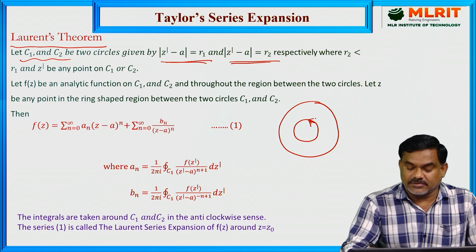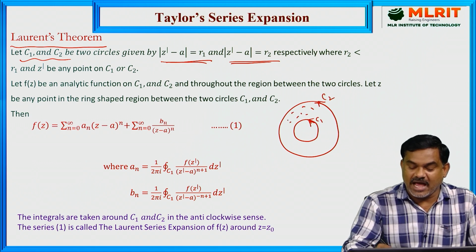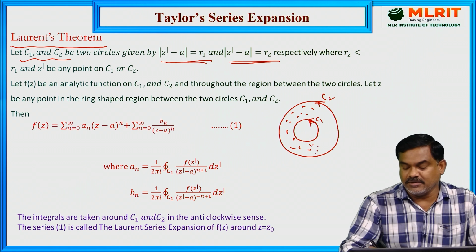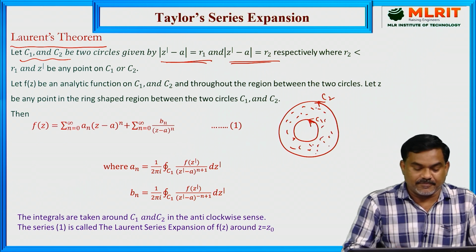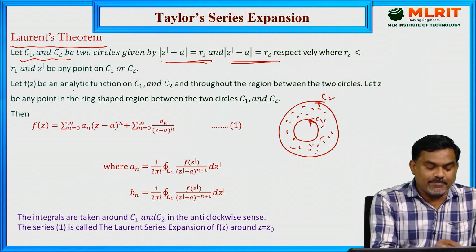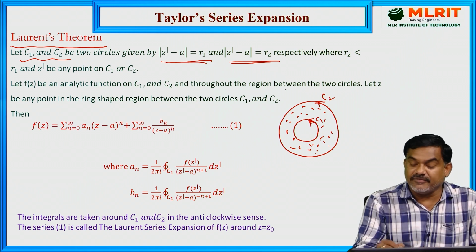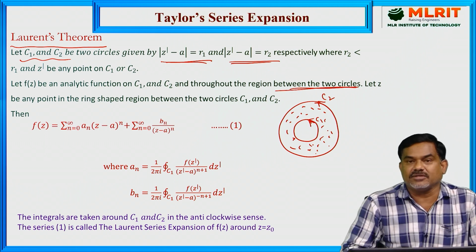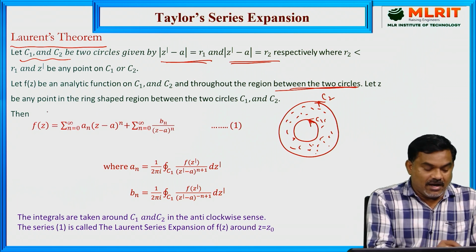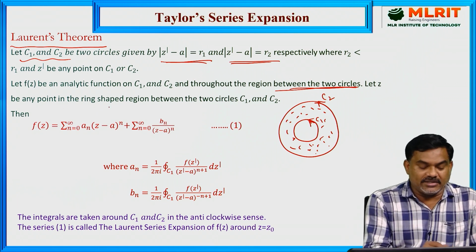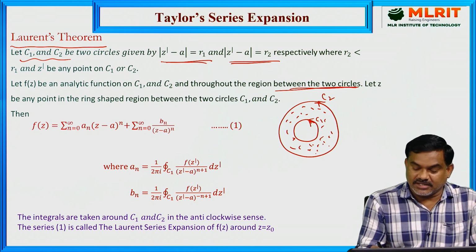This is C1, C2, and this region is called the annulus region, the region between the two circles. Let f of z be analytic on C1 and C2 and throughout the region between the two circles, in this annulus region, and let z be any point in the ring shaped region. So I can consider some z here